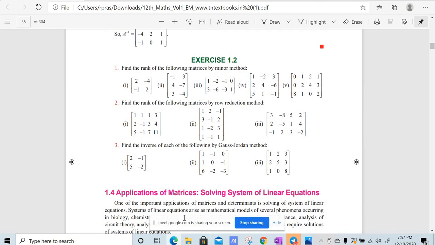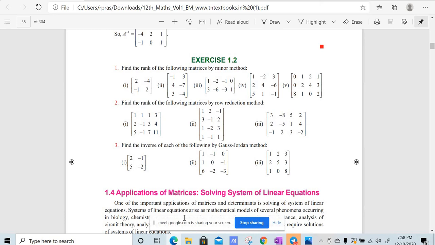So first step 1 is already it is 1, so you can straightly move on to step 2. So step 2 is we need to make this element 0 and this element 0. So you can just do R2 is equal to R2 minus R1 and R3 is equal to R3 minus 6 times R1. So that the first column will be 1 0 0. And here we are doing R2 is equal to R2 minus R1, so this will be 1 here.